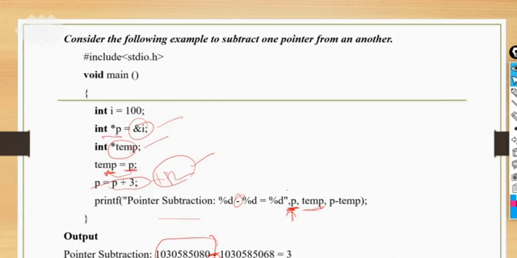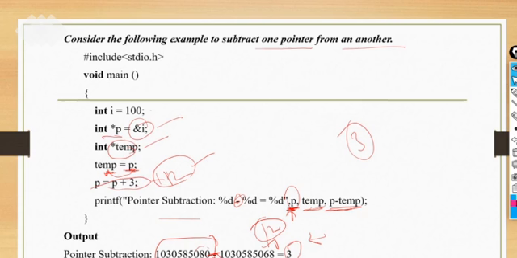At first we have 5080, right? After doing the minus temp, what do we have in temp here? In temp we have 1030585068. That means 12 bytes reduced here. And P minus temp, what will it give? If you do P minus this value, after subtracting, what will come? 3. That means you have subtracted by 3. So this is an example of subtracting one pointer from another.